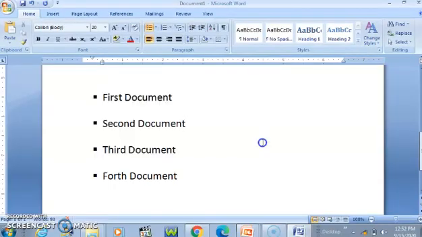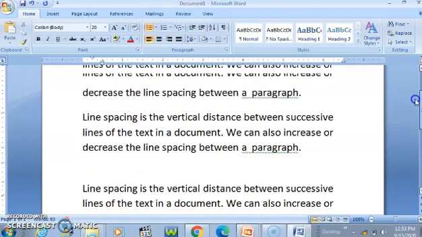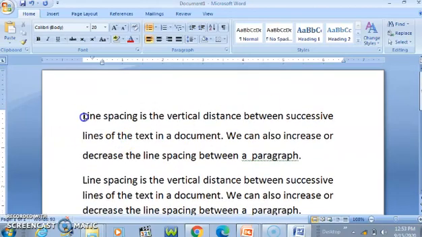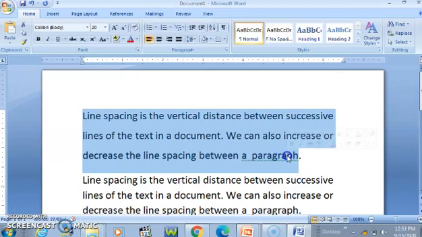Let's see how to apply border and shading. To improve the appearance and the readability of the text, we can add a variety of border and shading effects to the paragraph. So for that, what you need to do, select the text, click the drop down arrow next to the border button in the paragraph. Now come here, select the paragraph. Okay, now come in the paragraph group of the home tab. This is the paragraph group in the home tab.